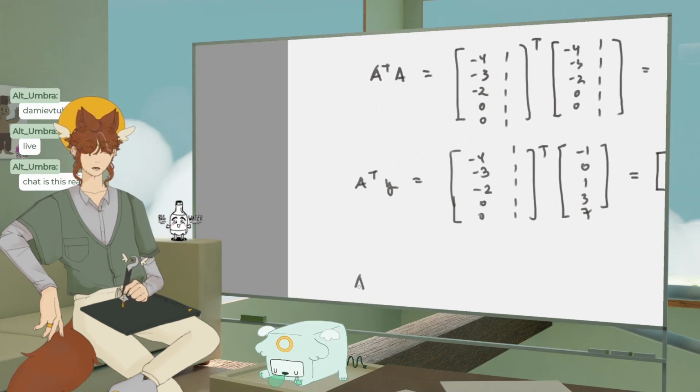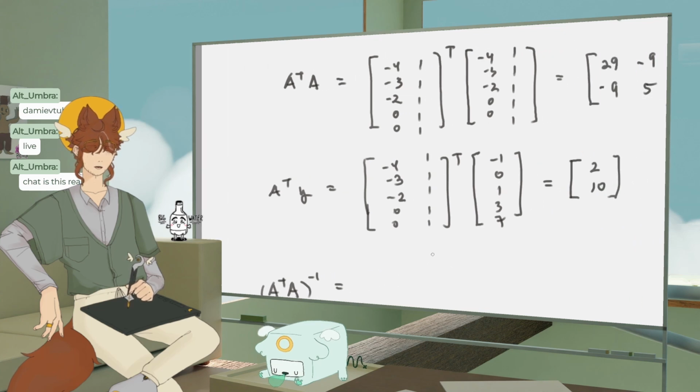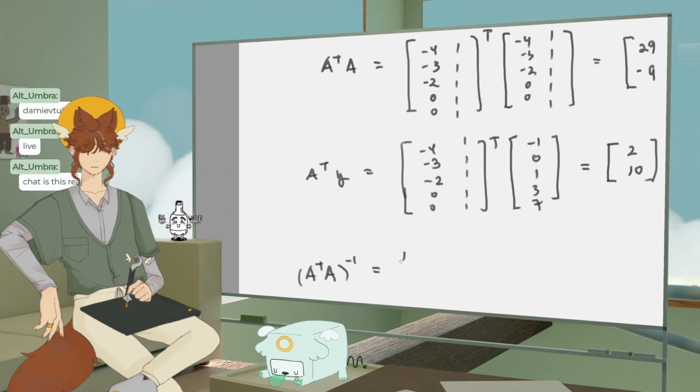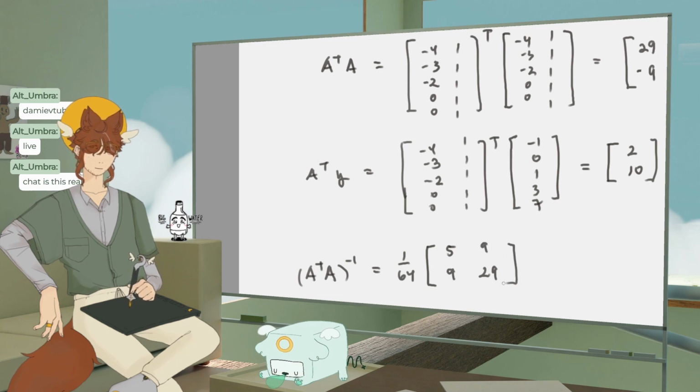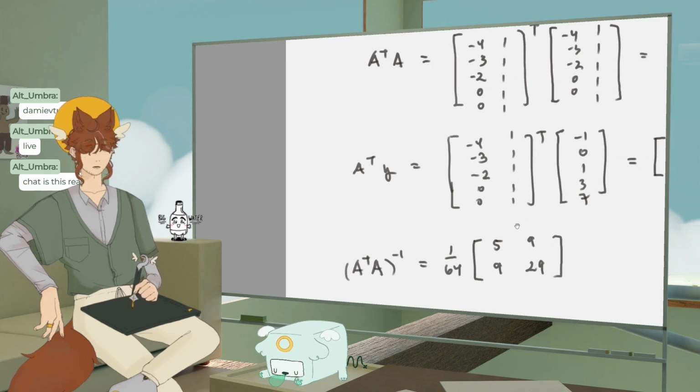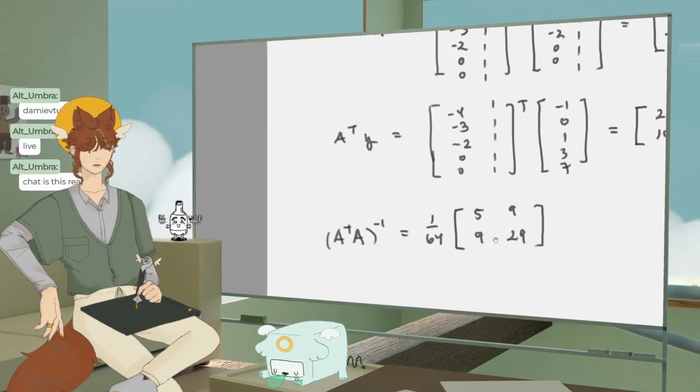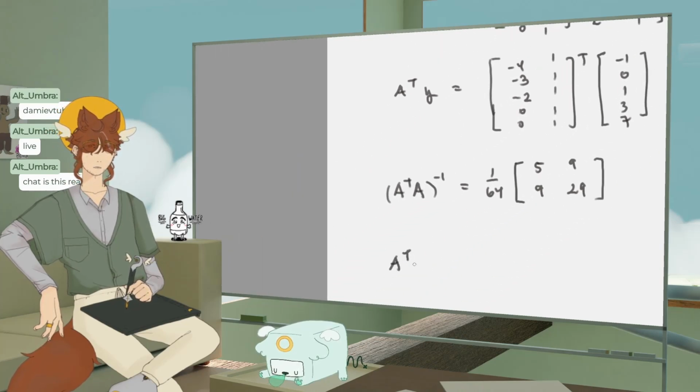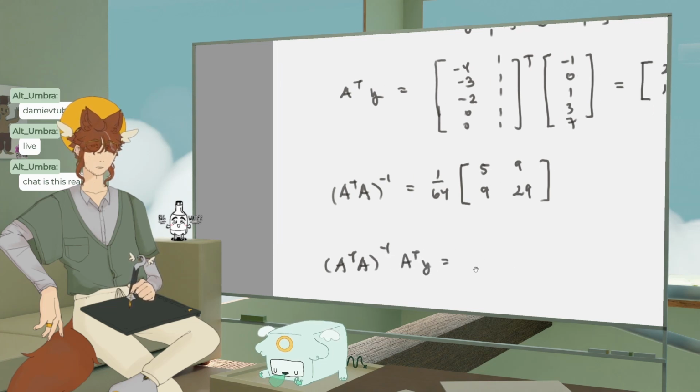Okay, now we have to do A transpose A inverse, which isn't actually that bad. So we do the determinant first, so 29 times 5 minus 81. 64. And then we flip these two, and we flip the signs of these two. Like that. And then we just have to multiply this and that together. That's pretty chill. A transpose A inverse times A transpose Y equals